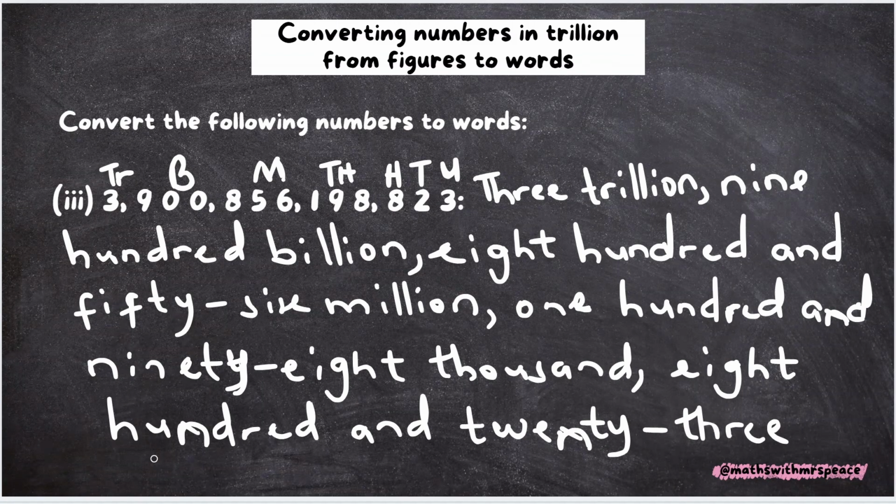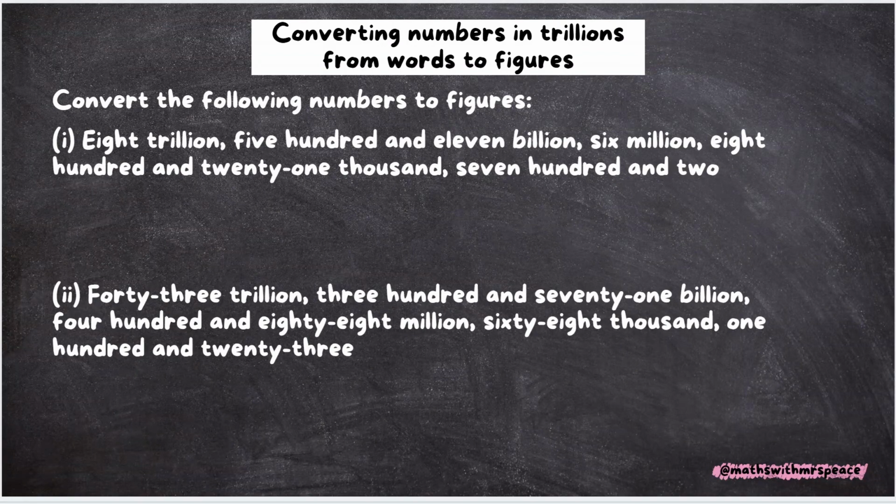We are going to go ahead and do our conversion of numbers from words to figures as well, just like we did in millions and billions. And this one is pretty easy. We're just going to read and write, but we're going to pay particular attention for instances where we have missing figures. So the first one there, we have 8 trillion, 511 billion, 6 million, 821,702. So let's go ahead and write 8 trillion, that's 8,